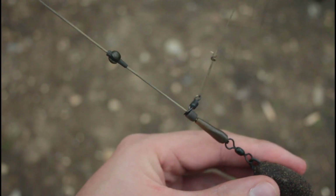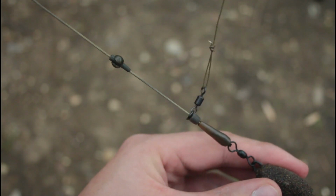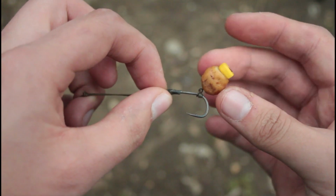Both the rods are on Ronnie rigs on a helicopter setup. I've put one on a tiger nut and plastic corn wafter. The other rod is a maple pea with a piece of...